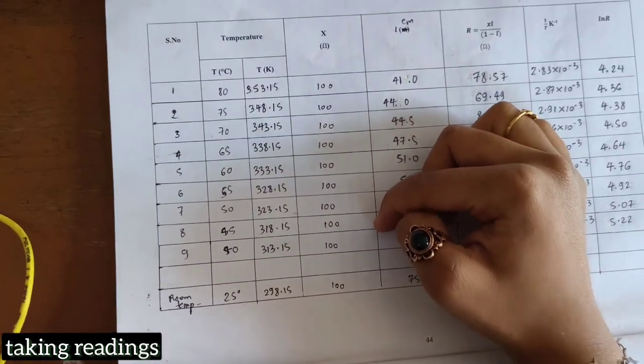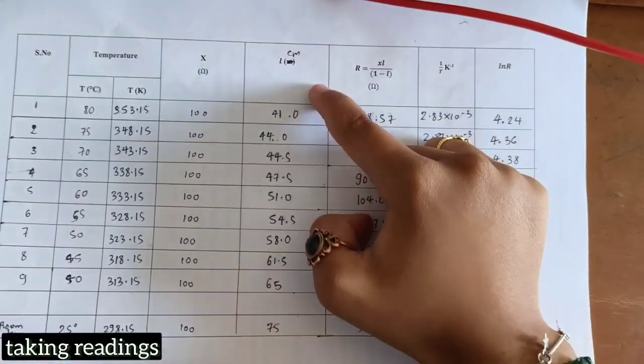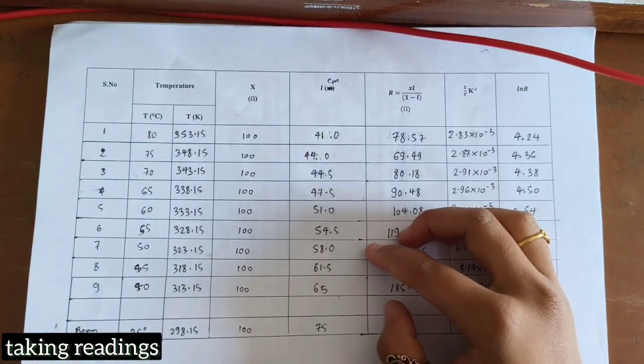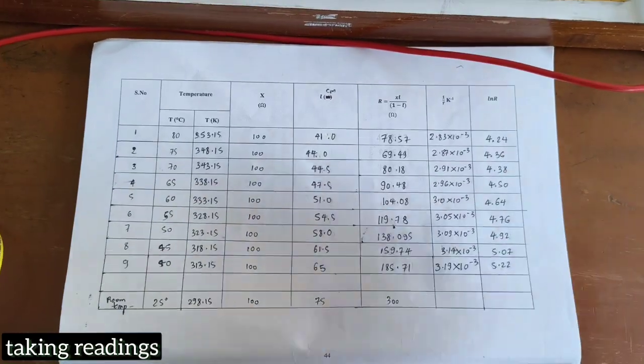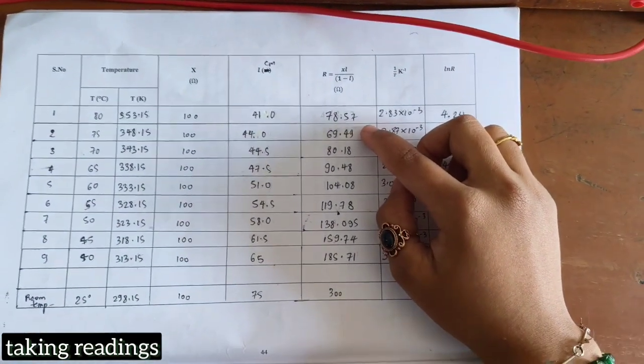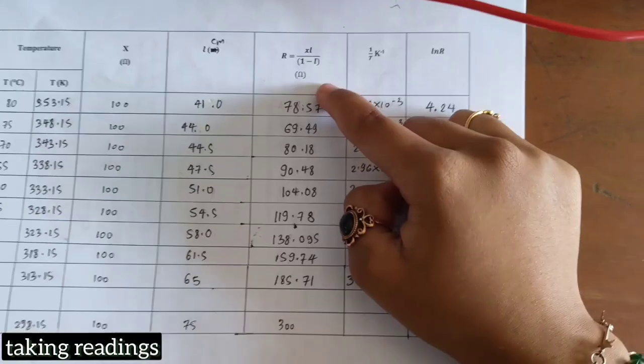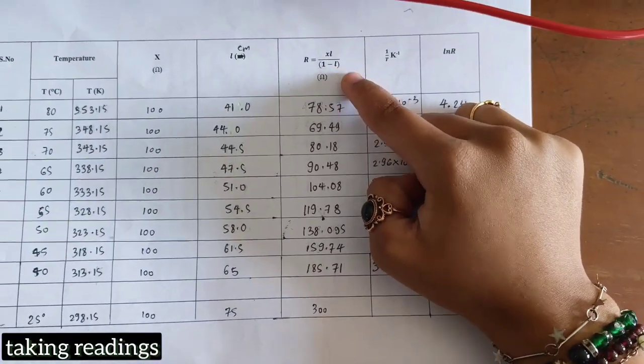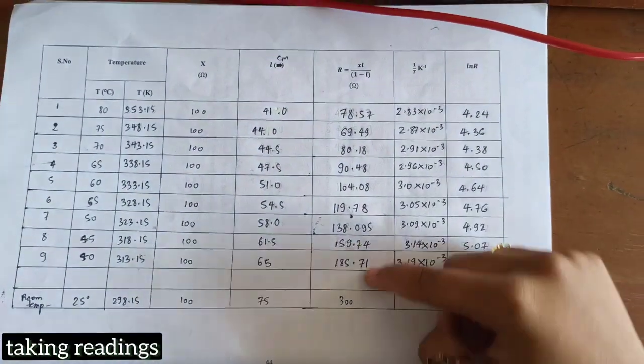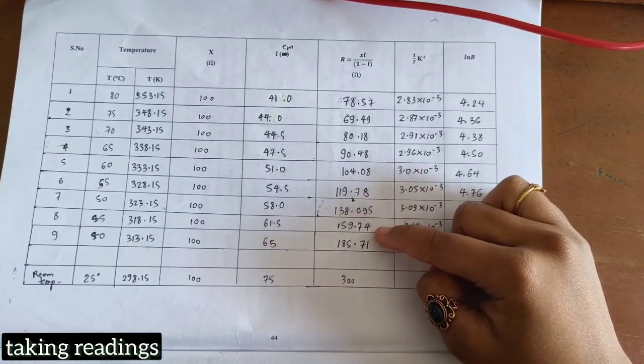Then X is the same for all of them. That's the resistance you remove from the resistance box, which was 100 ohms. Then the balancing length will of course be different for each temperature, because you're finding the temperature variation of conductivity. Then the R value is basically calculated the way I showed you for room temperature. You have to repeat the same for all the other